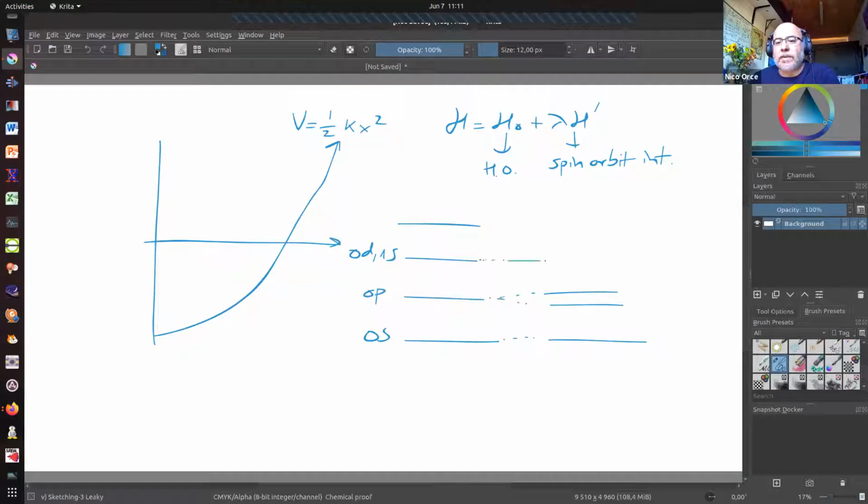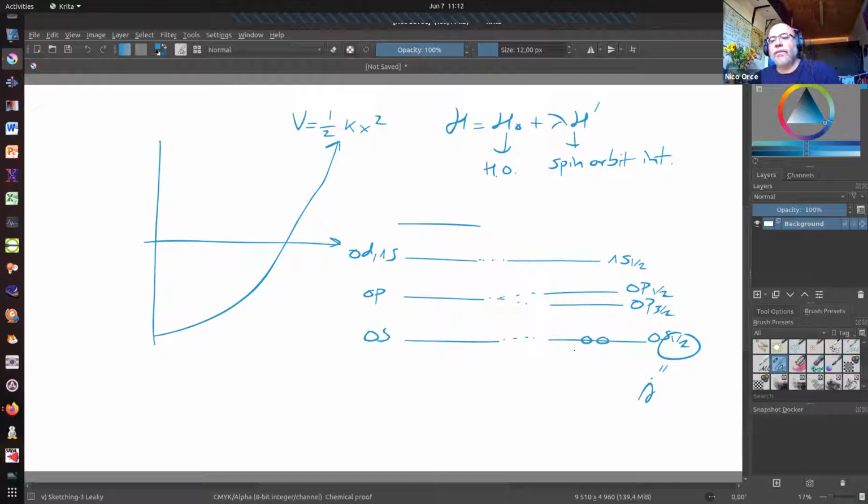This 1s remains the same, but now it was 1s, 1/2, 0s, 1/2. This became 0p, 3/2. This became 0p, 1/2, where 1/2 is equal to small j, the total angular momentum of that particle in that particular